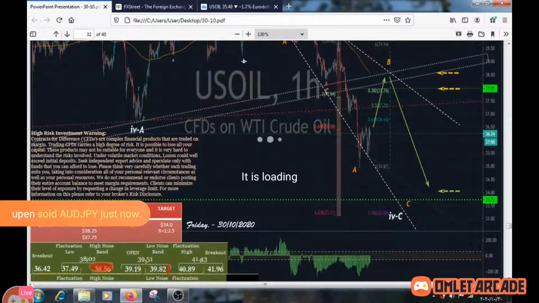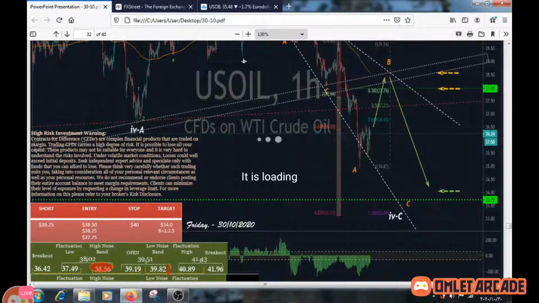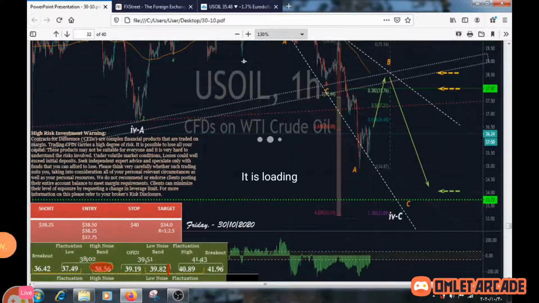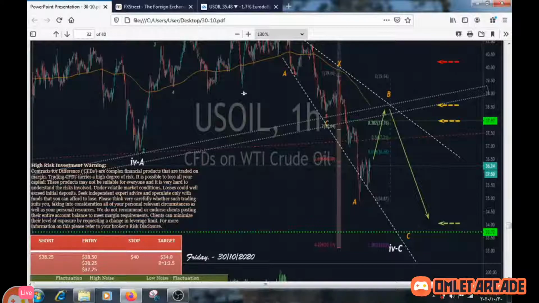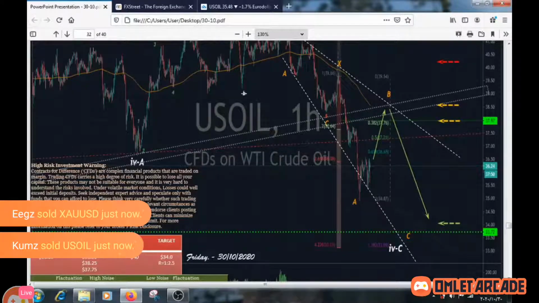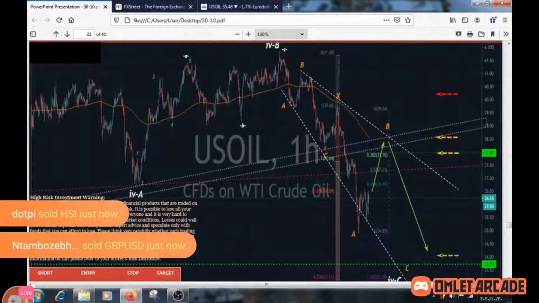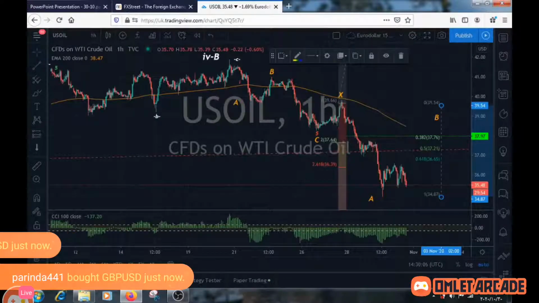Okay, we're even selling high. And 38.25 and 37.25. So we are correcting this complete wave right up from X to A, and that is showing